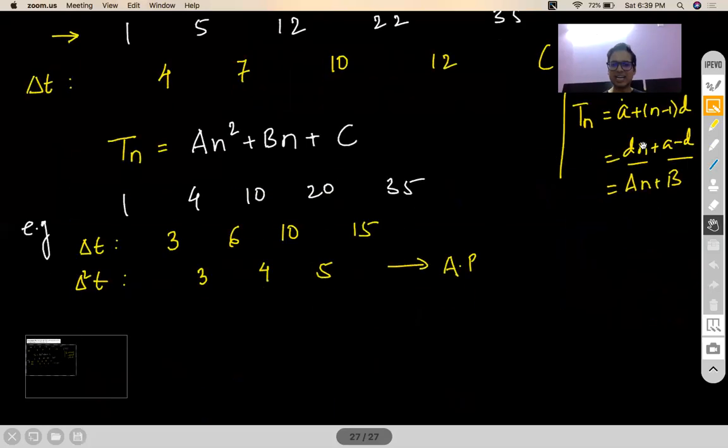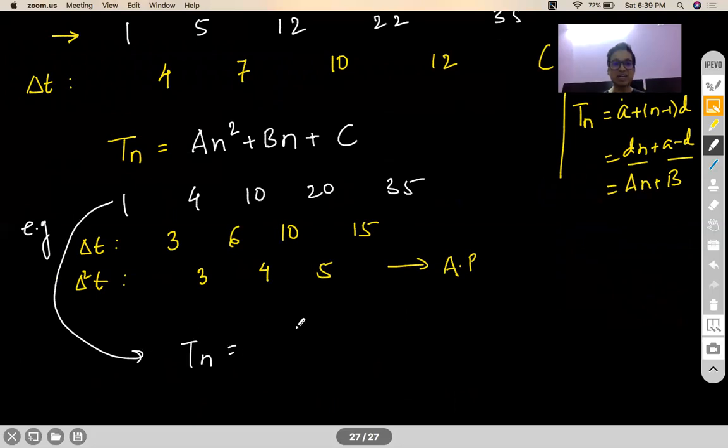So if you realize that in your second difference, you're getting an AP, then for such a series, the nth term would be a cubic in n. So nth term will be of this nature, correct? Now, what is stopping you is not knowing your capital A, capital B, capital C, capital D. That can be very easily found out. That is actually not a problem at all. But the problem here is you understanding and appreciating this concept.